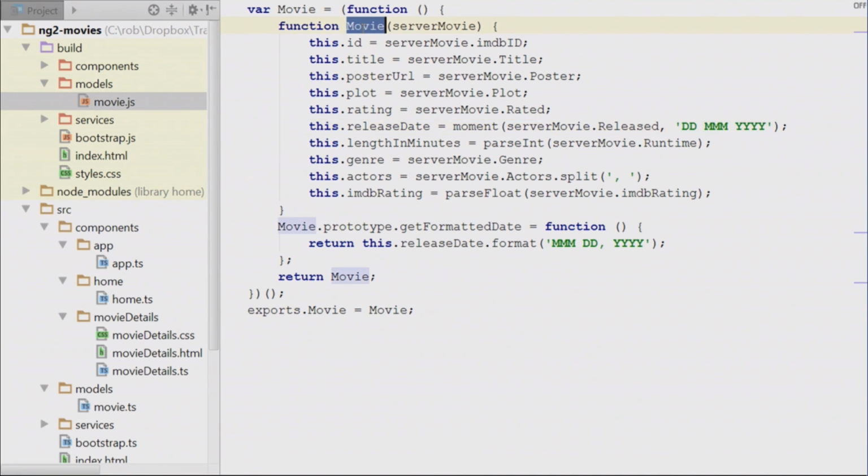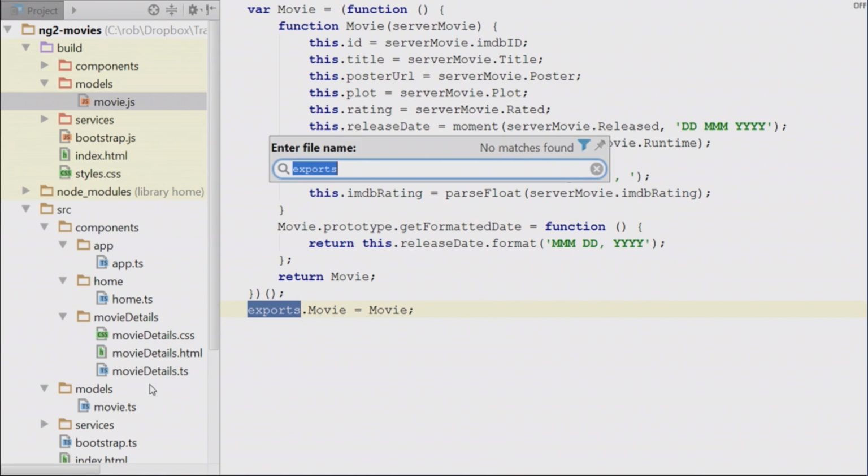It's basically doing the exact same thing, except instead of using ES6 classes, it's just using a constructor function and prototypes. And instead of using ES6 modules, since I specified common.js, it's now doing it the common.js way, where you say exports.something equals something. So debugging the output of TypeScript is actually not that bad, because they do a pretty good job of outputting stuff that's pretty readable. We can take a look at a bit more of an advanced scenario where, for example,